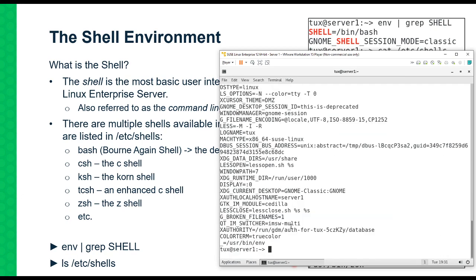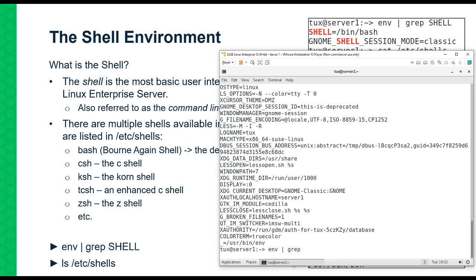Let's try that quickly. Now we know that the name is shell. So let's do the env again. Now with the env, we are going to use a pipe. That's the little character that's on top of your enter key. It's usually with your backslash key. With this key, when you press shift and that key, it will give you a pipe. Now for a pipe, we'll explain that also a little later, but you can take the output of a command and redefine it as an input for a next command. So we're going to use a command called grep,